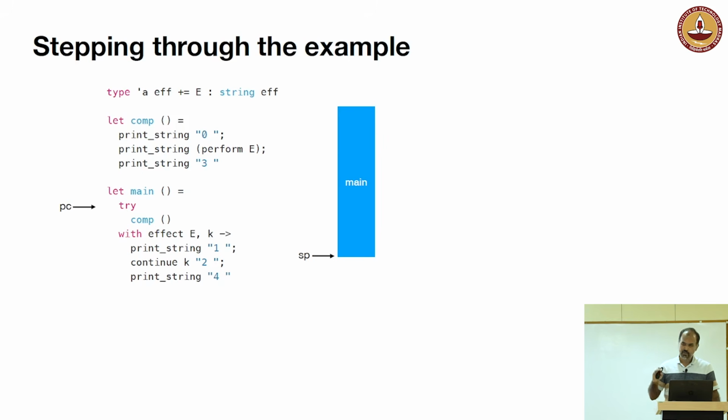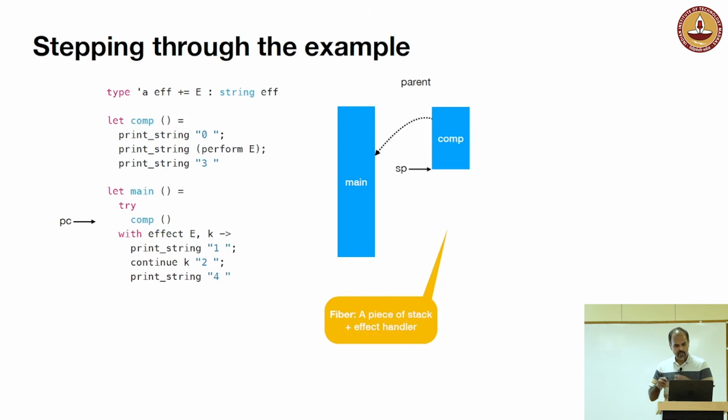So this is all implemented very efficiently in assembly code, but here is a take on how abstractly it executes. I have the program counter on the left hand side, and the main stack with the stack pointer at the bottom. When you enter the computation, we create a little stack. This stack is very small, only 32 words in size. That is supposed to be the stack for executing this computation, and we create a parent pointer to the main